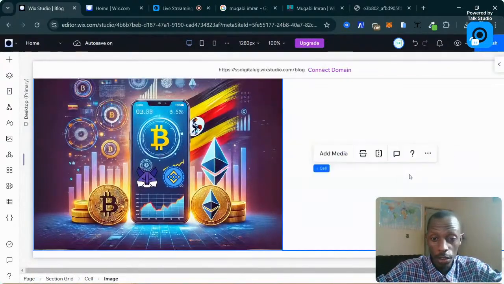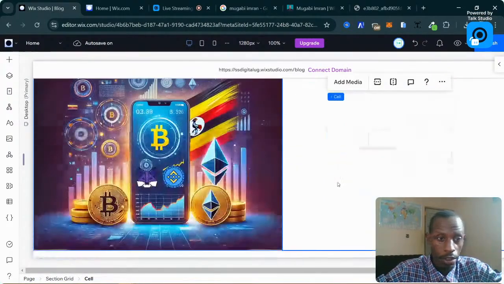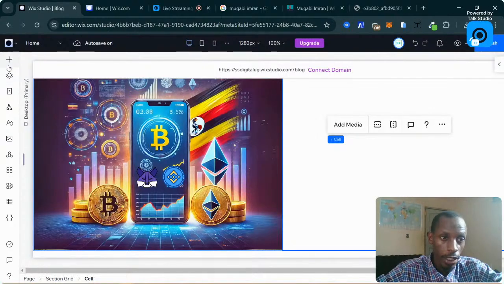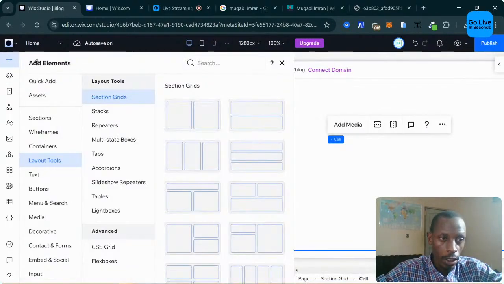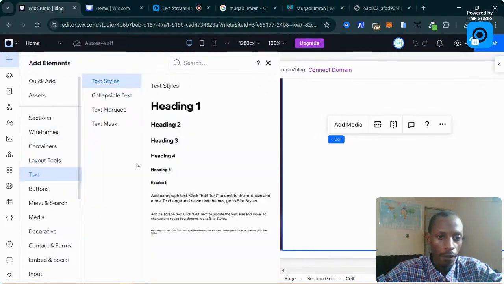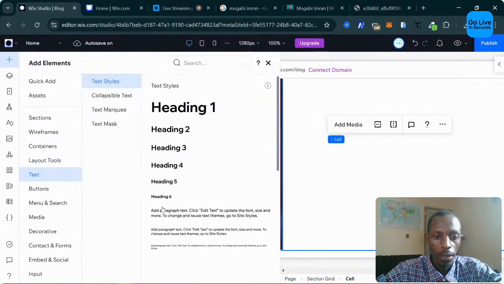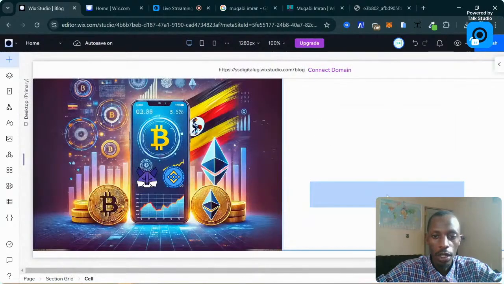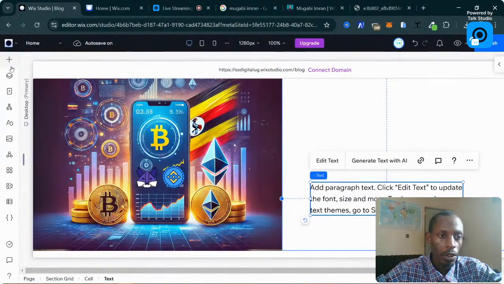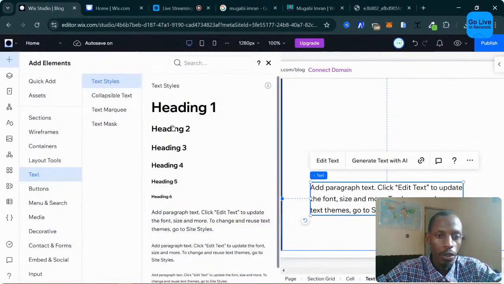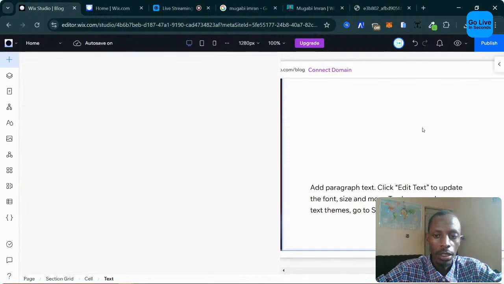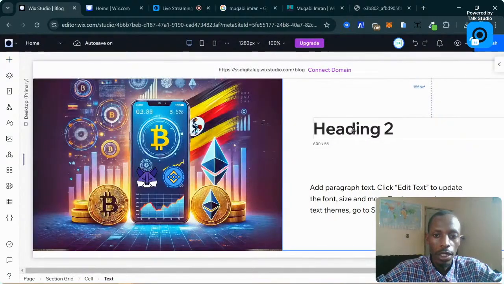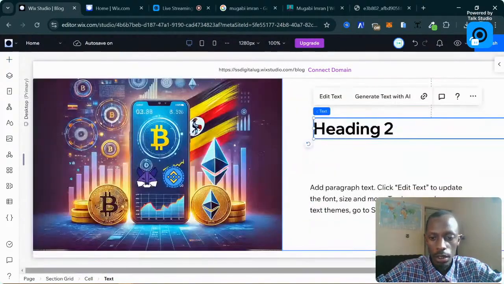And then this section here, or this cell, from this cell we want to add text. So you just go back to this add button right here, the plus button, and look for text. You can go to text right here and look for this one, or just click drag and drop. But what we also need, that's the paragraph, we also need a heading, right? Yeah, we also need a heading. So this heading is going to say,